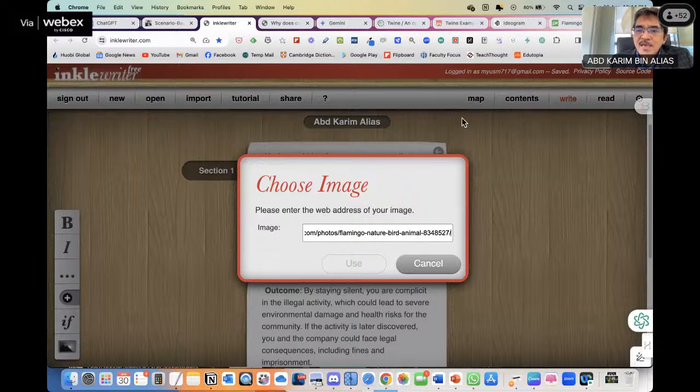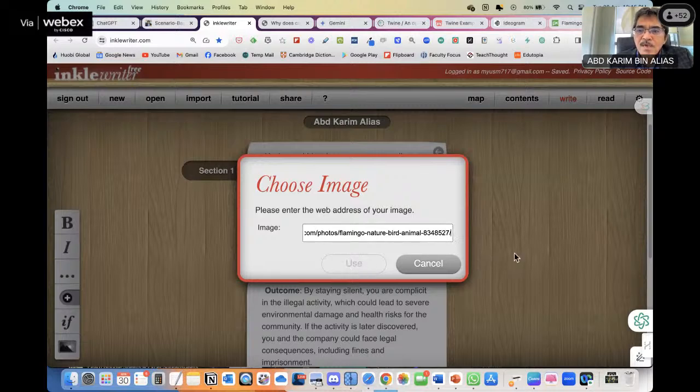No, the link does not end with JPEG, JPG, or PNG. So you cannot use this. You cannot click use because you must have .jpg or .png at the end. Otherwise, this would not be active.